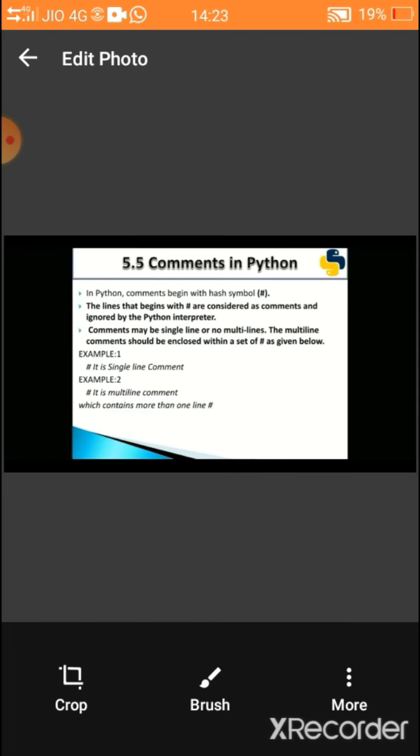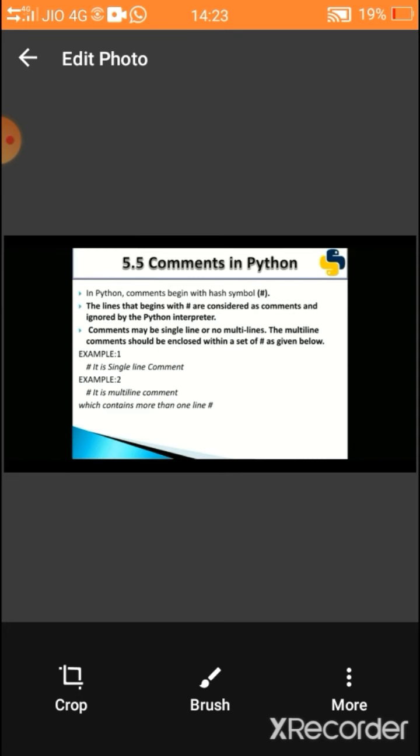In a C++ program, which symbol do we use for comments? Double slashes for a single line comment. For a multi-line comment, we use slash and then asterisk. After the lines end, we give an asterisk and a slash. Is it clear?